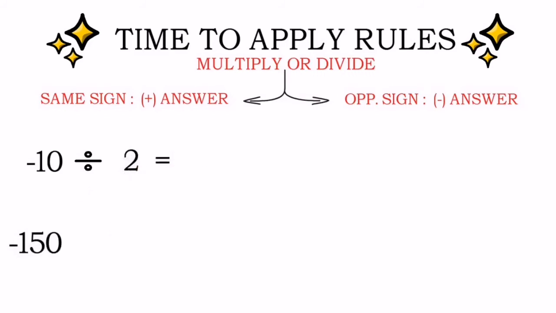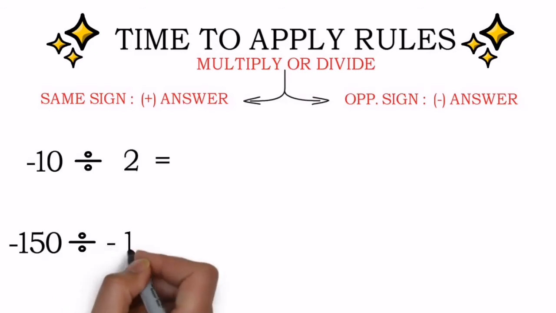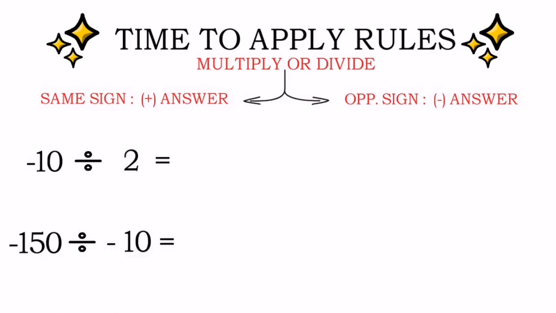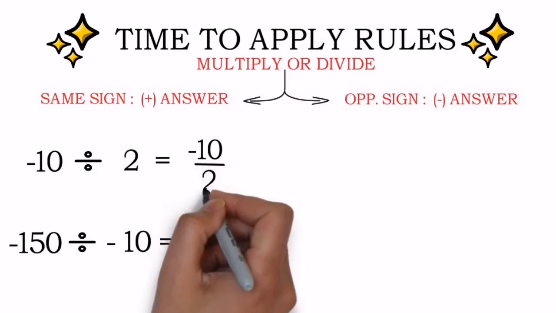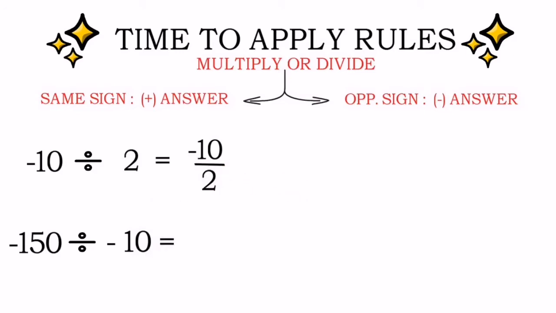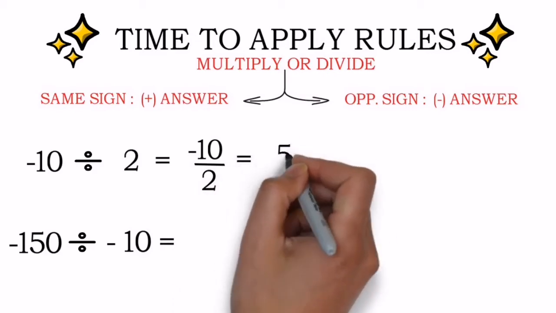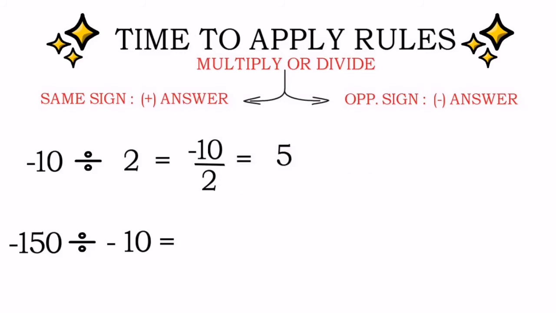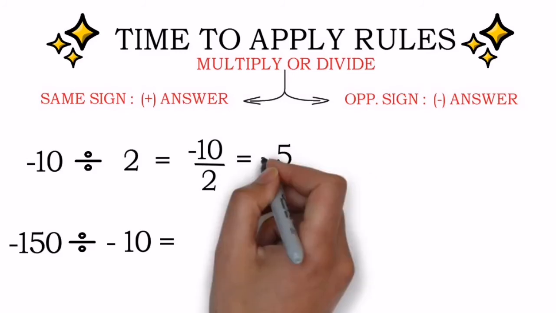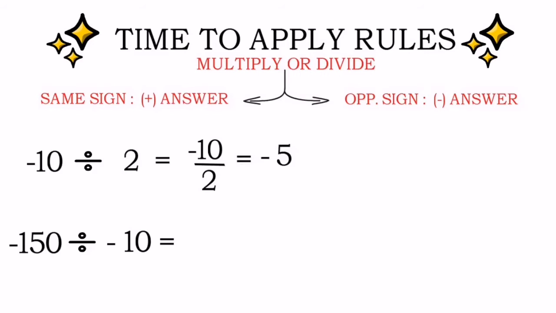Okay, so these are the easiest divisions. So minus 10 divided by 2, opposite signs are there, so we have to give a negative sign to the answer, don't forget it. But first of all, this division we have to write in fraction form. Minus 10 divided by 2 is nothing but minus 10 upon 2, and the answer is 5 first of all, but signs are opposite, so we have to give a negative sign to the answer, and that's what is given on the screen.